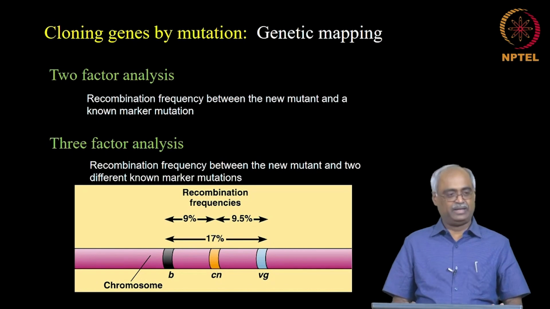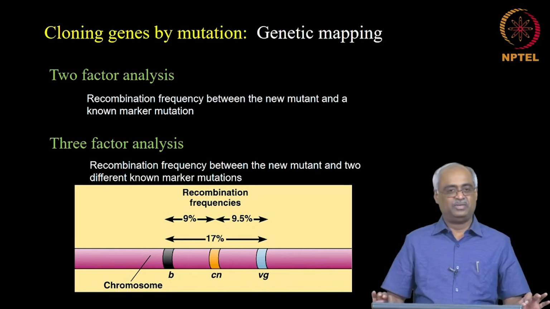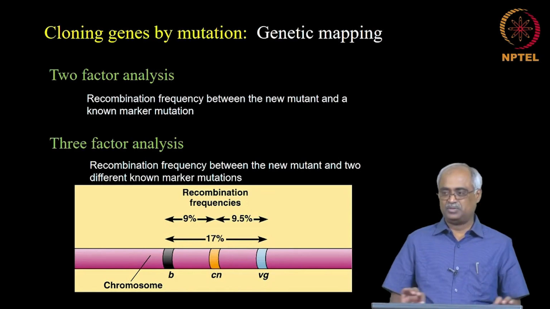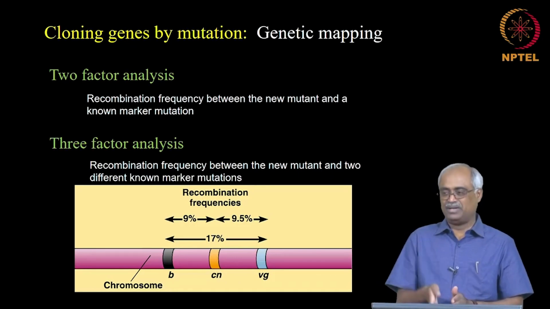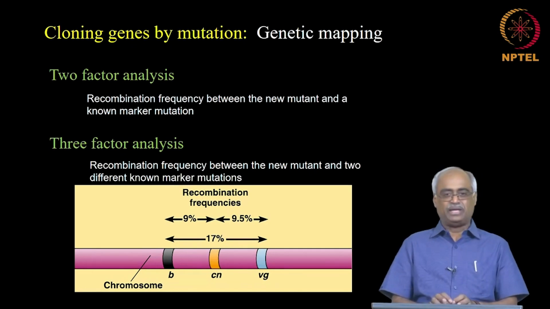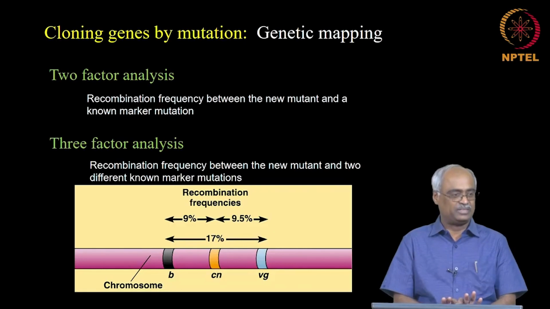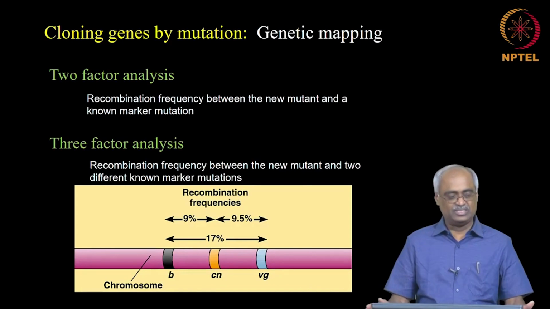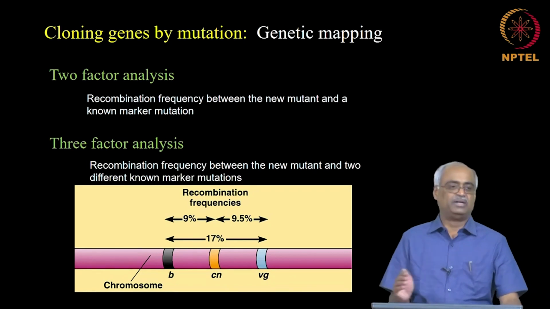Okay, so we haven't taken a rod-like structure and used a ruler whose scale is length, millimeter, centimeter, etc., and measured it and marked this 9 centimeter, 9.5 centimeter, etc. We didn't do that. Okay. So, this is purely an imaginary map based on recombination frequency. Okay. There is no physical basis for this. So, this is a genetic map. An imaginary map based on recombination frequency among the different alleles,